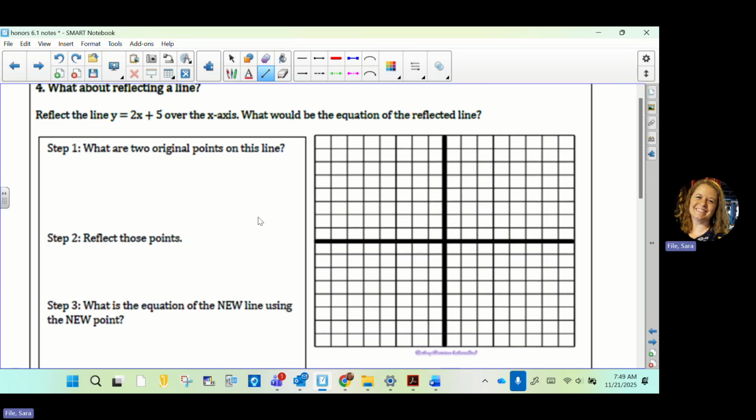All right, now this says, what about reflecting a line? Okay, so if we're reflecting a line, it's a little different. So we want to first graph the actual line. y equals 2x plus 5. Okay, it says, what are two original points on this line so that we can graph it? Okay, so if it's in y equals mx plus b form like this,